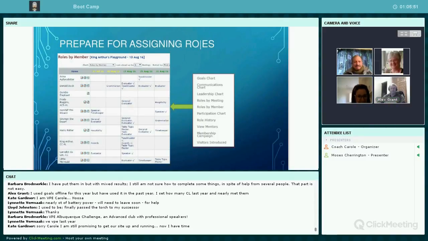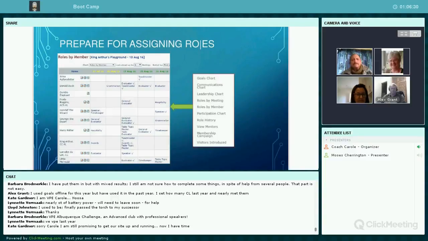Does anyone else know about the roles by member chart? Have you used it before? It's a bit hard to read from my slides, of course, but you'll see that we've got quite a few things that have been done in the past by some of our fictitious characters who are members of the club. And I can see for a start that one of our newest members, Dumbo, the elephant, he's not done anything yet. Now he may be quite new, so the VPE can then contact him and say, would you like this role to start you off?